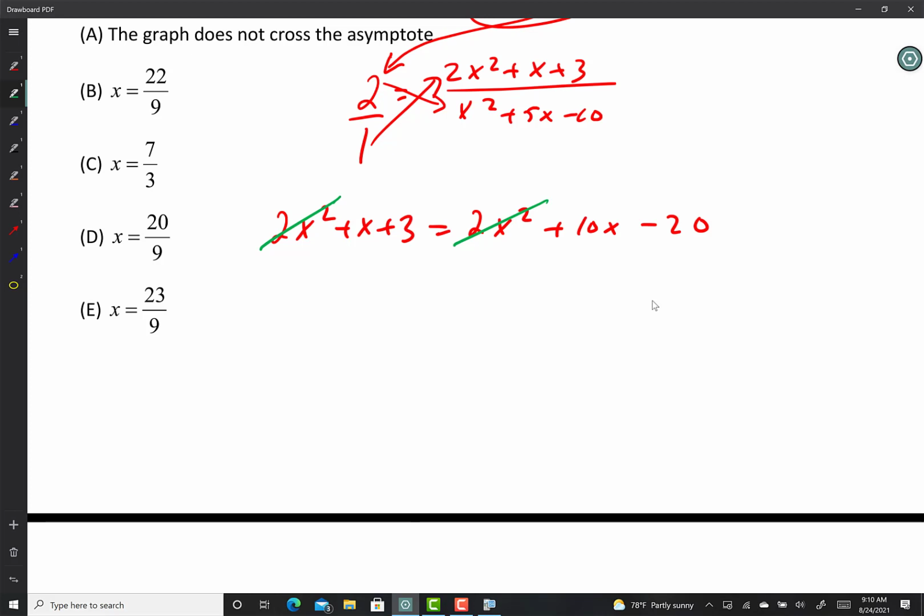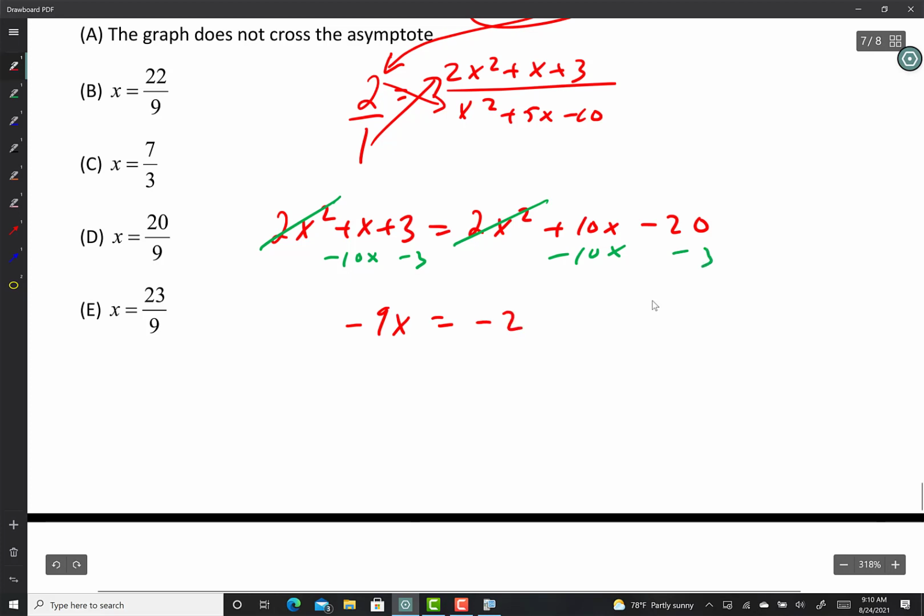Let's move the x's to the left. So minus 10x. I realize that's going to be a negative 9x. That's okay. And then I'm going to move my numbers to the right. So minus 3, minus 3. So that's going to be negative 23. And then we're going to divide by negative 9. Negative divided by negative is a